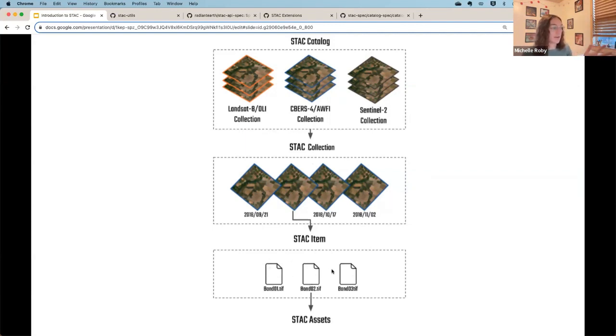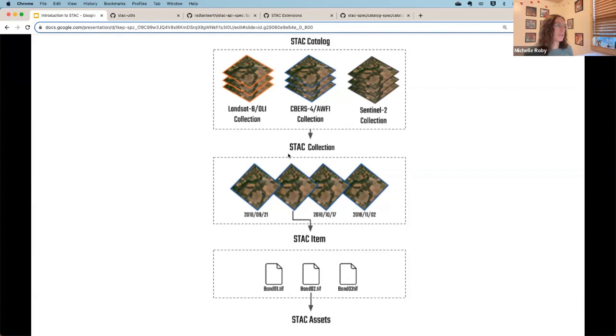So yeah, the different color bands within the spectrum. And each of those bands is an asset. And so these are the files that people are either downloading or working with within the browser or doing the actual analysis on. Those are the real files. Everything above is descriptions and groupings.